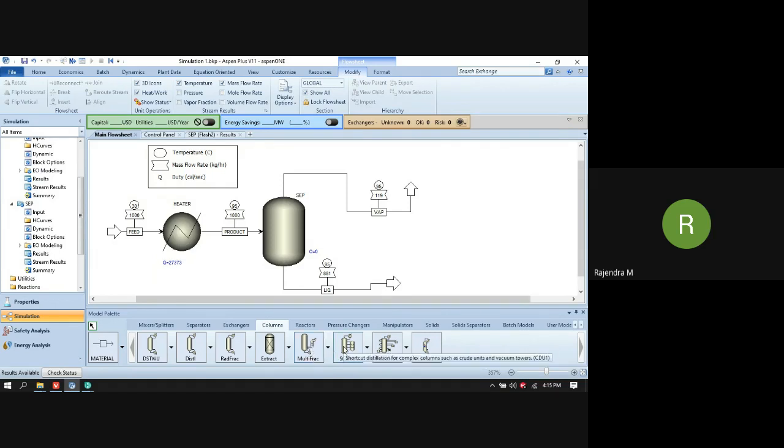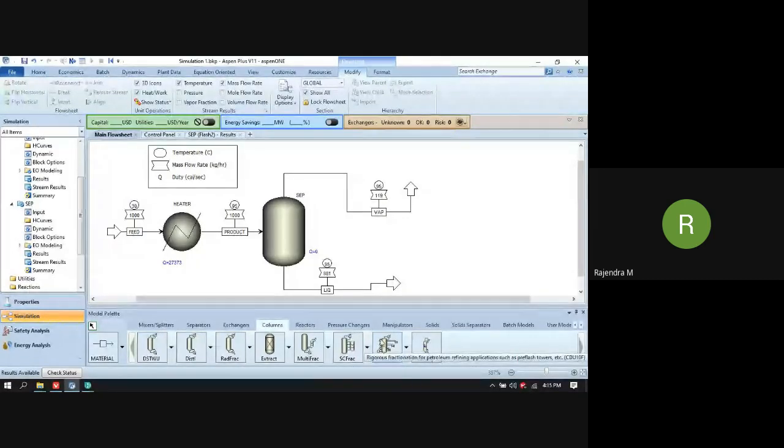And here we have the shortcut distillation for complex columns for the crude units as well as the vacuum distillation unit. So for VDU and CDU, this is a shortcut column. Like the Underwood-Gilliland shortcut column for distillation, we have the shortcut column for the VDU and CDU, and this is PetroFrac.